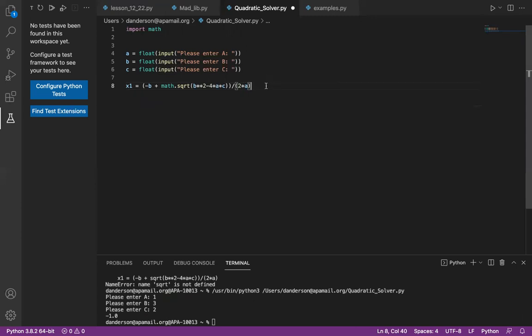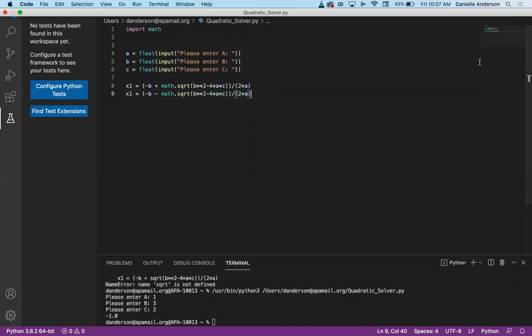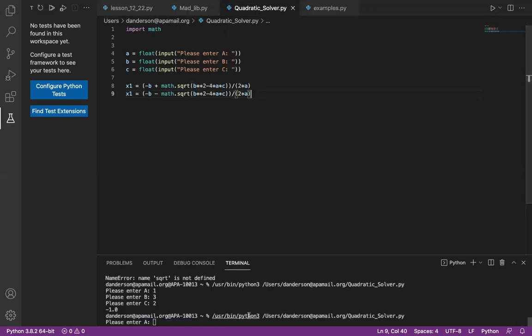So let's use this to make our second x value. For this time, remember it's plus or minus the square root. The first time we did plus the square root of that. Second time we're going to do minus the square root. Okay. So please enter A,